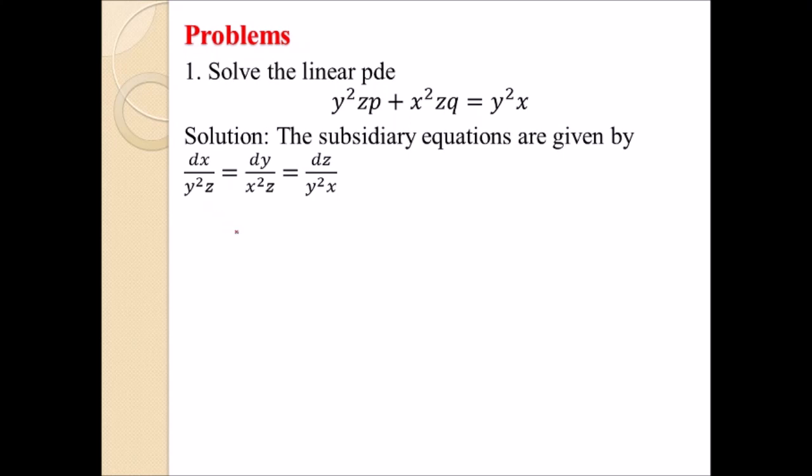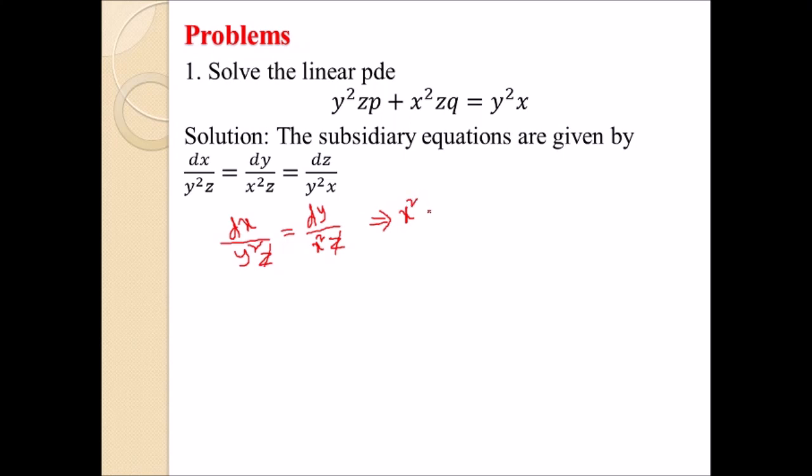Here we consider the first and second ratios: dx by y square z is equal to dy by x square z. Here the z term gets cancelled, and by separating the variables we get